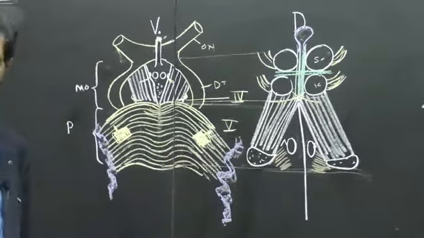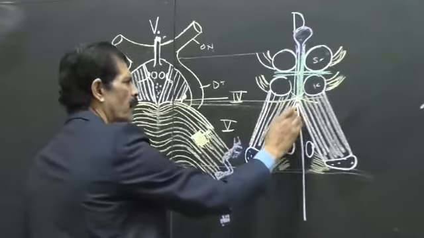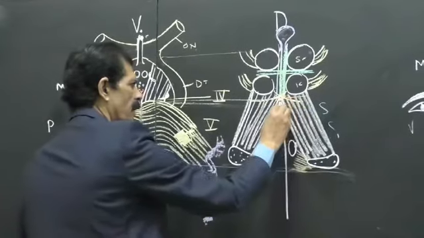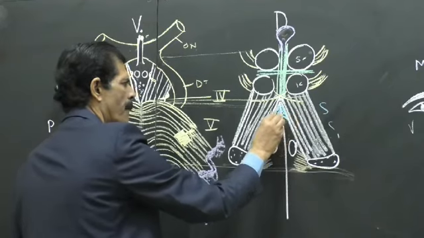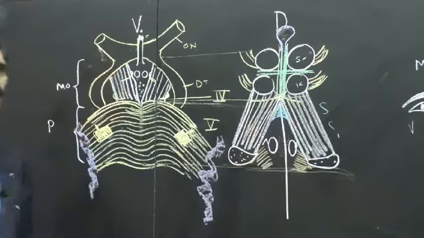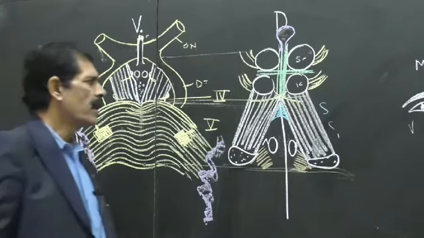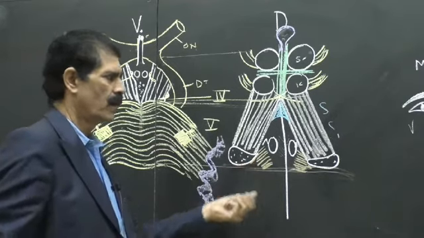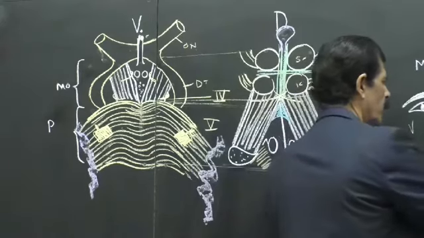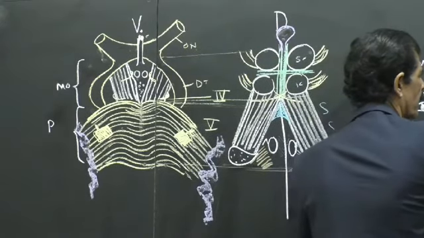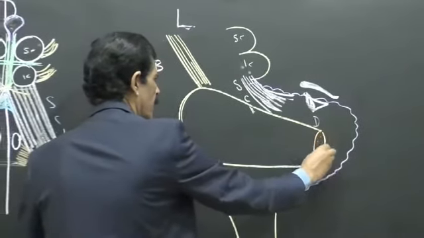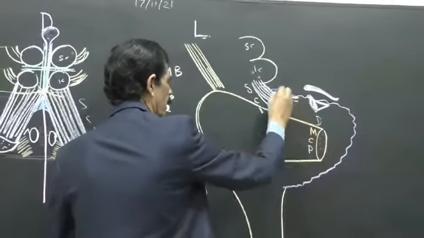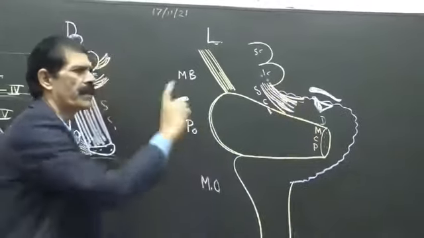In the upper medial part, the medial borders of both the superior cerebellar peduncles are joined together by a thin film, the superior medullary velum. This superior medullary velum is related to the roof of the fourth ventricle. So this is the dorsal aspect. So how do we show the lateral aspect? The whole of the pons, all the fibers, go into the cerebellum. And this bundle which connects the pons with the cerebellum is called the middle cerebellar peduncle, as the superior one connects the midbrain with the cerebellum.